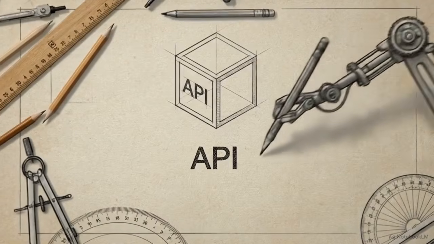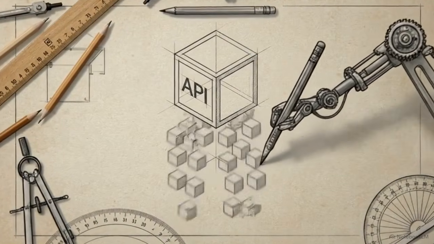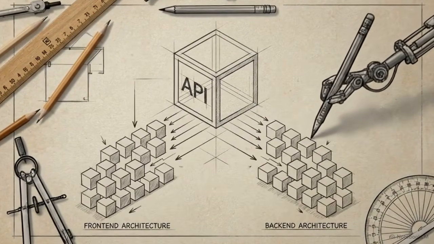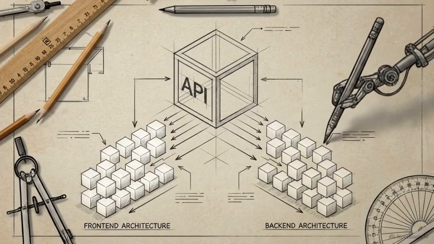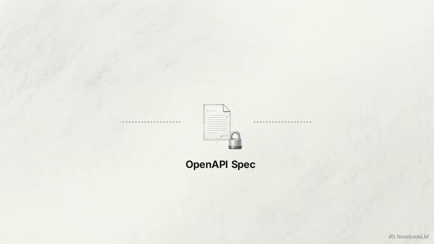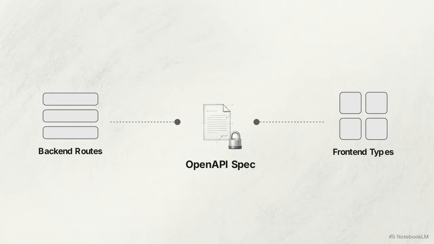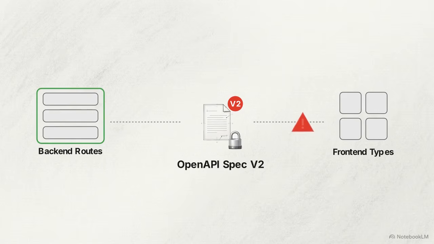Component 5 is the contract-first API designer. Here, the OpenAPI spec is finalized before any backend or frontend code is authorized. This locked contract allows agents to work concurrently. The backend routes and frontend types are generated from the same source of truth, preventing integration drift. A breaking change detector compares the new spec against previous versions, highlighting exactly where the update will cause downstream failures.